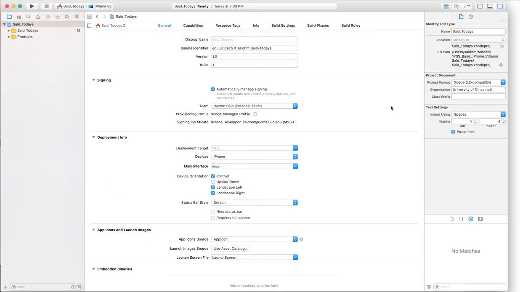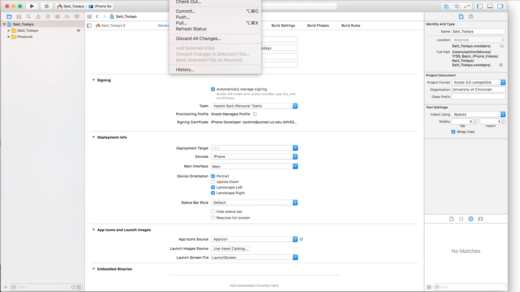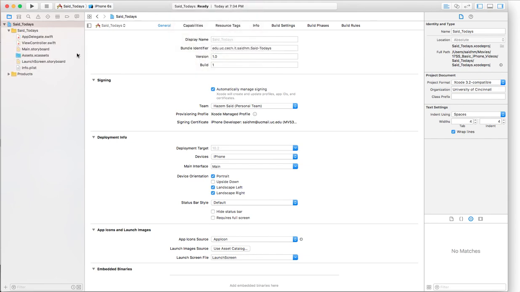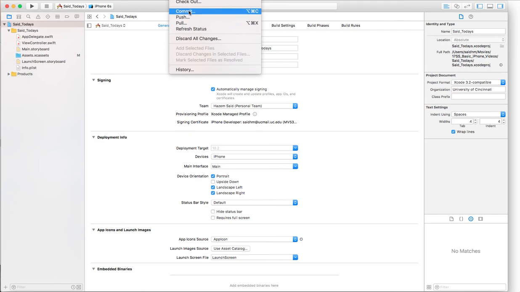So having said that, we already set up the source control, and if you go to the source control menu, you will see information about the source control here. The most important piece for us is to commit. Once you make changes to the project, you'll see that M next to the file that changed. So we made some change. I clicked on assets, so it detected that I made changes to it, which is good because now I can